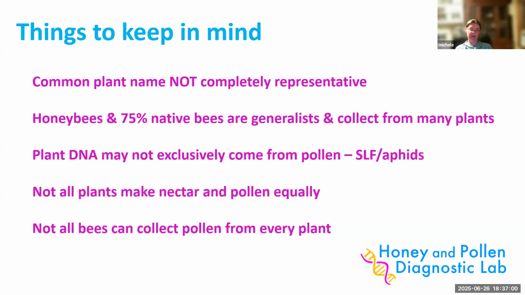So here are the things to keep in mind when you get this report. As I stated a little bit earlier, the common plant name is not representative. I had a hilarious question a couple weeks ago, because I didn't know this either. Somebody who lived in downtown Manhattan asked, why am I getting alfalfa in my sample? The genus name for alfalfa is Medicago. Turns out, a super common weed that grows between the cracks in the sidewalk, and yes, it flowers, is what they were getting. It wasn't actually alfalfa that they were seeing in their sample.